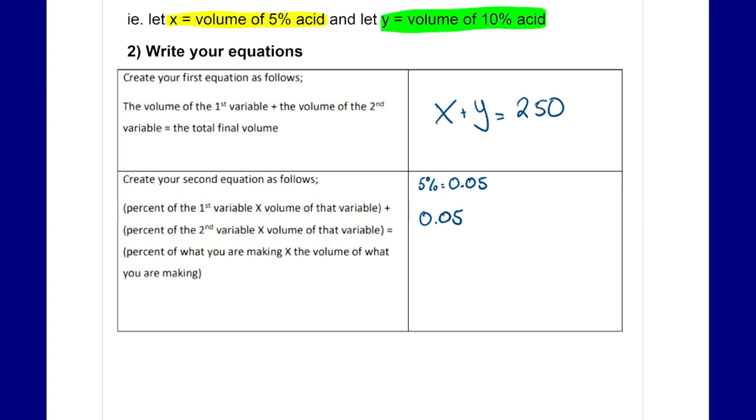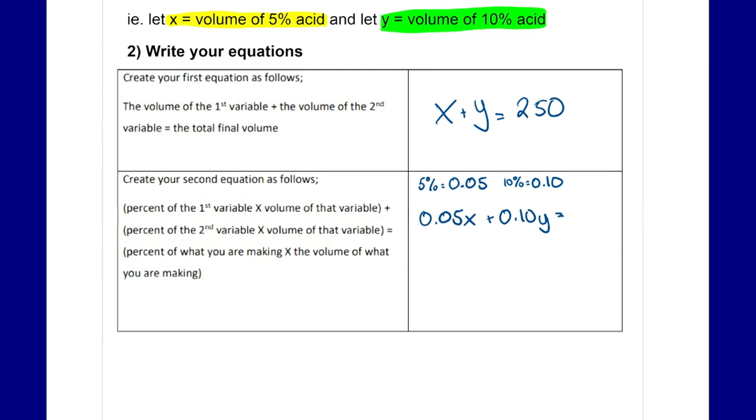Now we don't know what the volume is, but we did let x equal that unknown volume. So 0.05x plus the percent of the second variable, or 0.10, because 10% is equal to 0.10, and this percent of the second type, multiplied by the volume, which we had already set to y,